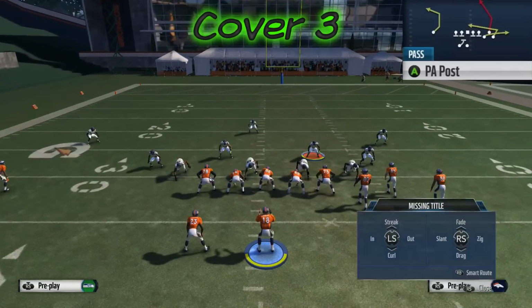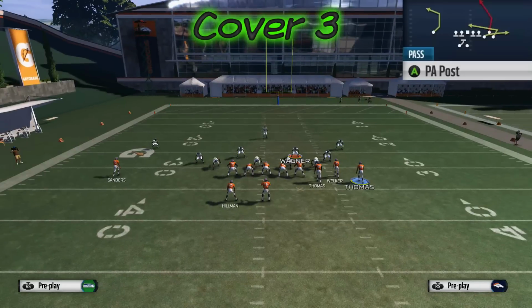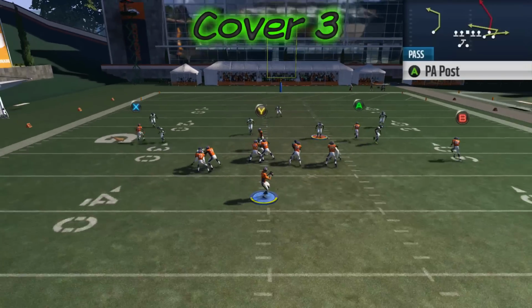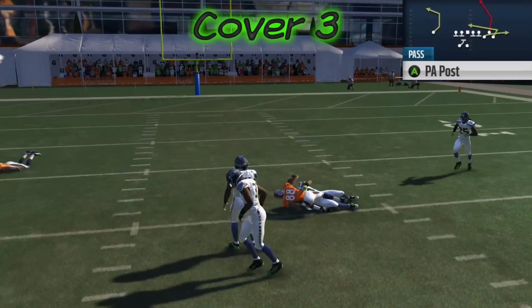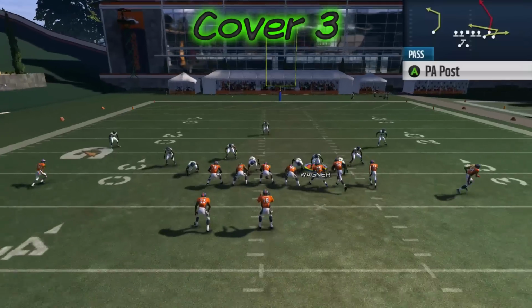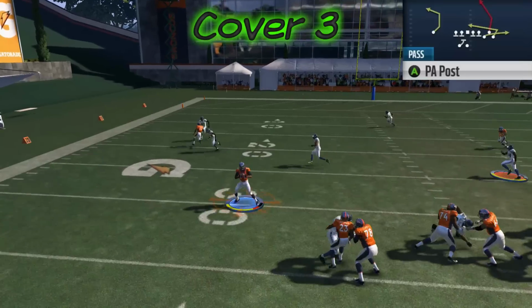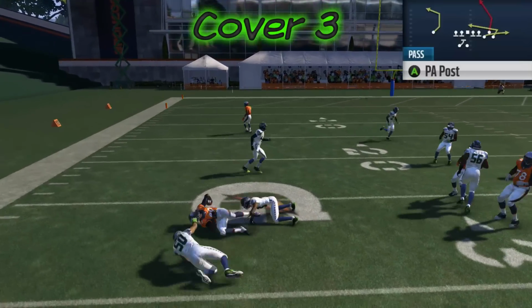The B route is going to keep the yellow zones down, as well as the slant or drag on the tight end. The only hot routes that you have to make on this play are to block the running back and to slant or drag the tight end. That's it. This play is extremely useful against all different types of coverages. It beats cover 3, it beats man, it also beats cover 2. But before we get to those other coverages, let's take a look at this play from the right hash.